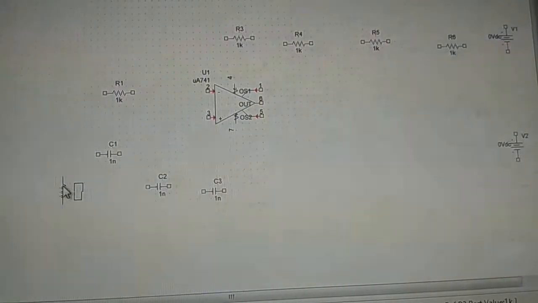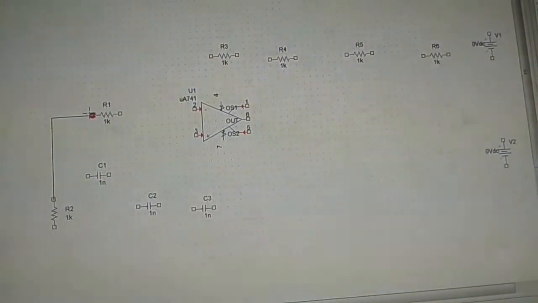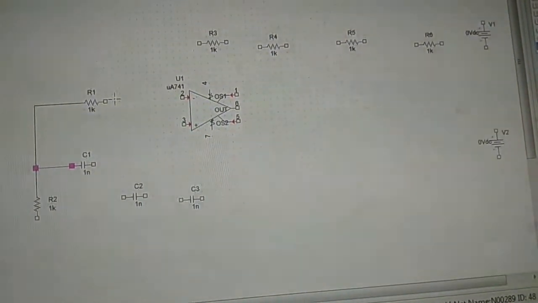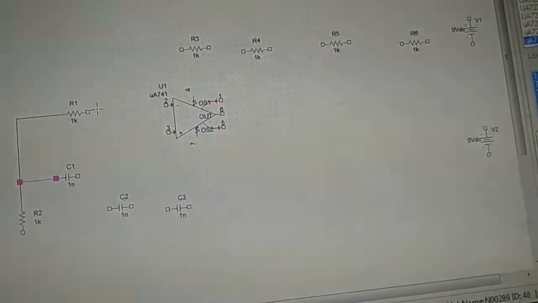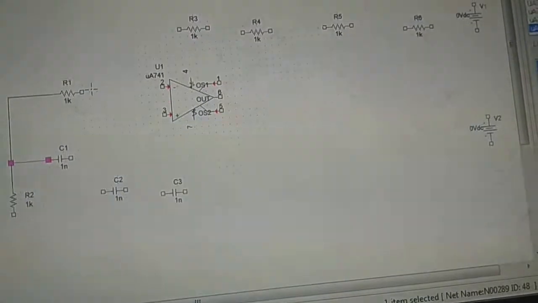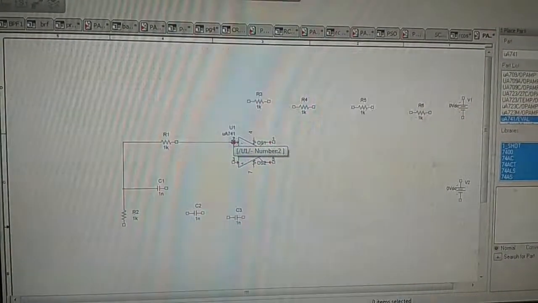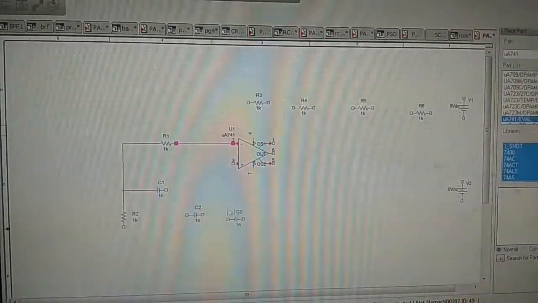So I'll start joining these components by using a wire here, connecting down here, and then from terminal 2, next we'll connect this to pin number 2 here.